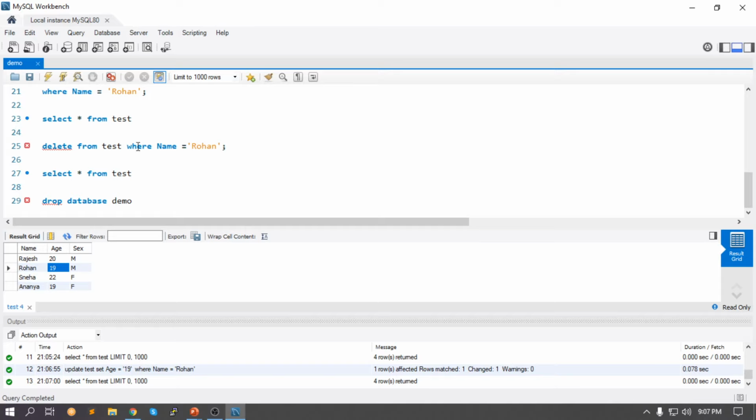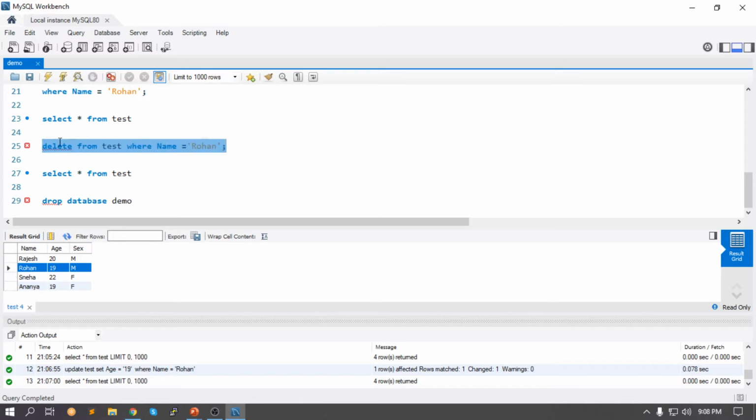So let's say Rohan just cleared out of college and they decided to drop his name from the database, and they do not want his name anymore. So delete from the table name, where the table name is test, where name equal to Rohan. So basically I am telling it to wipe this. As you can see, the mouse highlight in the blue color, I'm just telling my database, you know what, I don't want Rohan or any particular thing associated with Rohan anymore.